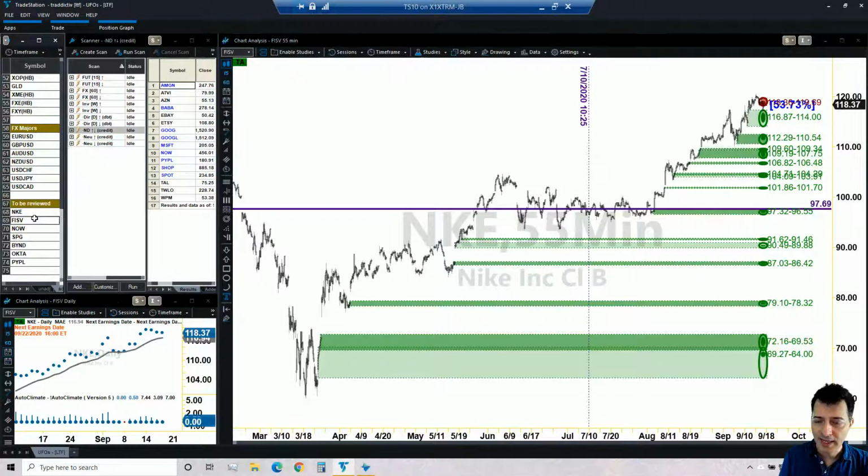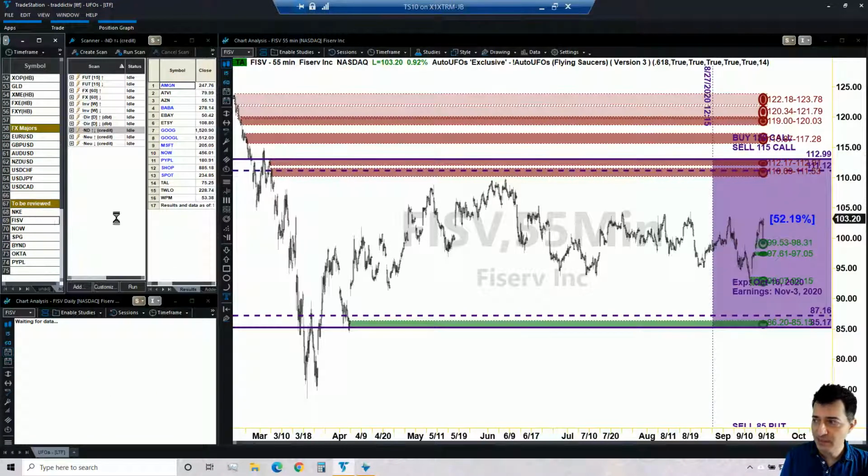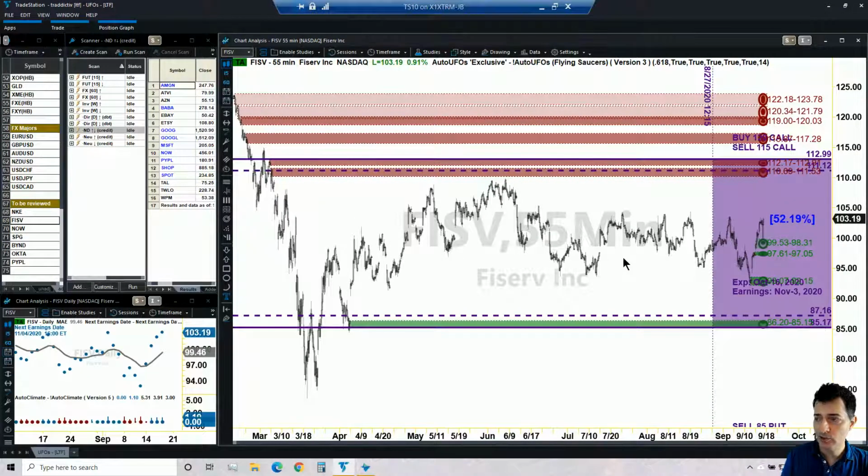Cool. So anyway, next one that we have is FISV, which is a non-directional trade that we put together on August 27. This is a trade with an expiration date set as of October 16. So that was a longer term Iron Condor. It was like around 40 days or something like that when I think I calculated that. In other words, it's not the classical type of Iron Condor that we do. Normally we do 1, 2, 3, 4 weeks. That one was like all the way to October 16.